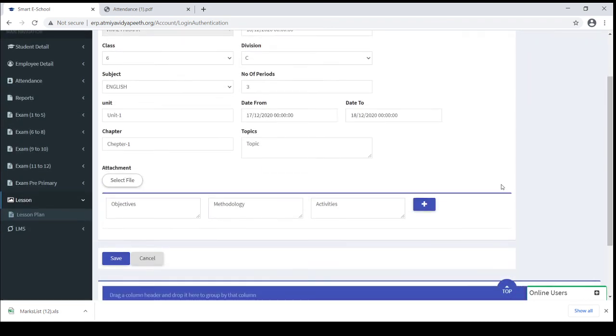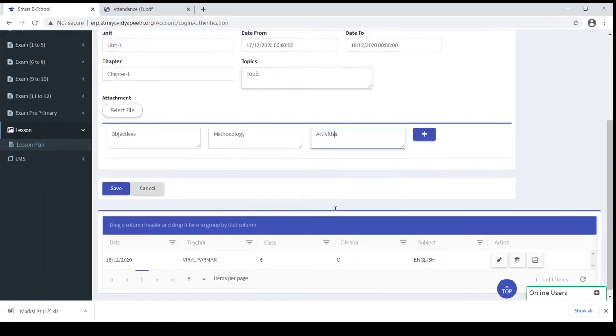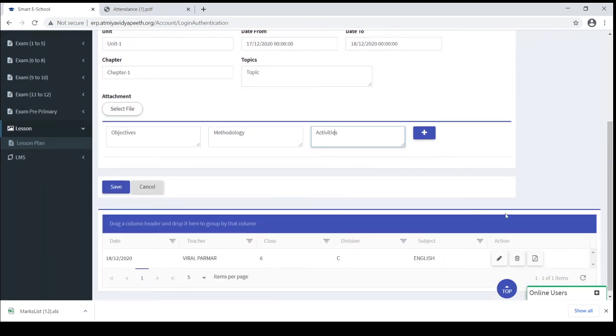Here you can insert objectives, methodology, activities, what you are going to plan in a particular lecture, in a particular class, division, subject. So this is basically a teacher's lesson plan. The teacher can download it from here and submit it to the principal. Fine. This is the lesson plan.